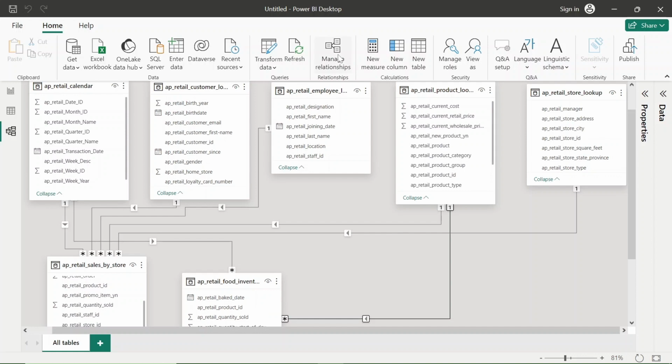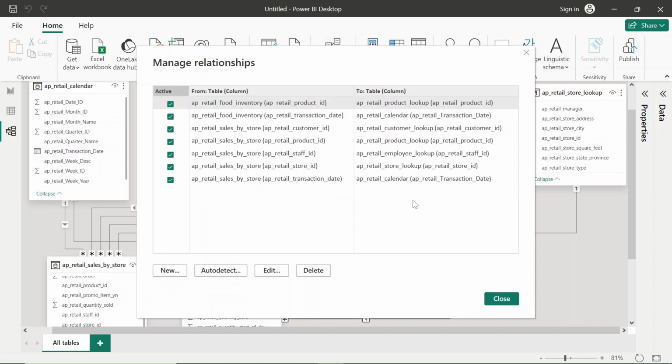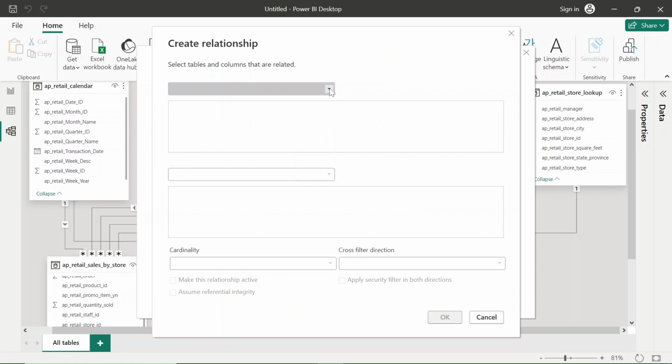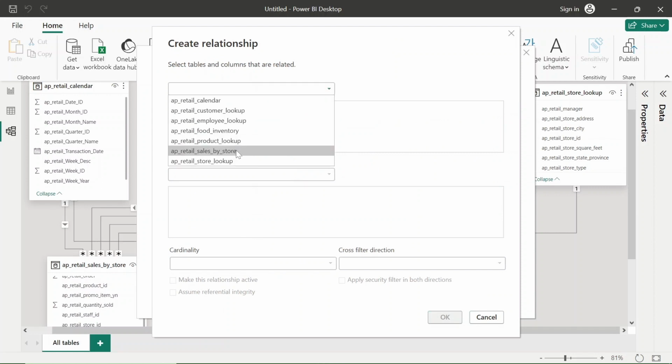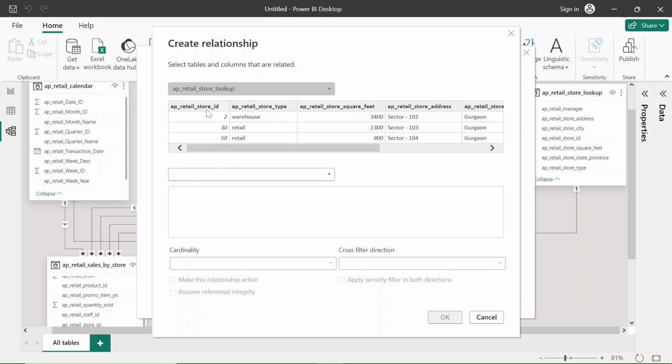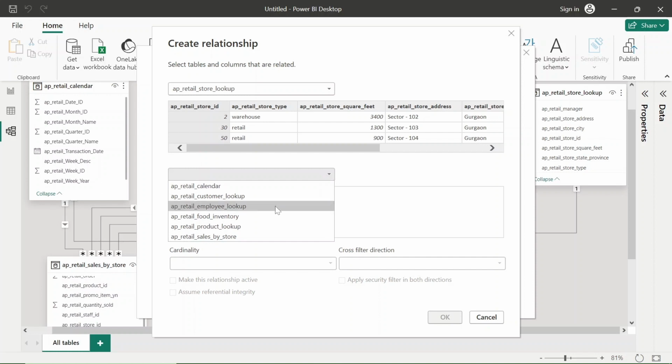Let me go to manage relationships. Let me click on new. Let me choose the table on which I want to make the association. Now I want to make the association with the AP retail store lookup table, and the column on which I want to make the relationship is AP retail store ID, and the table to which I want to make the relationship is AP retail food inventory.